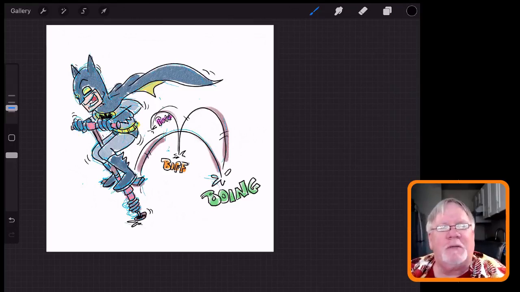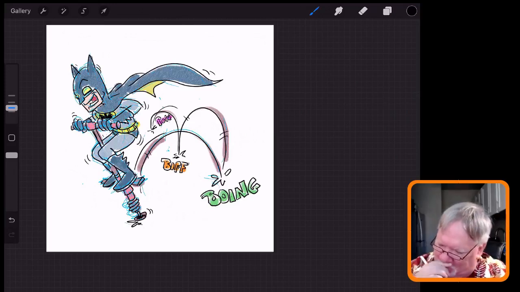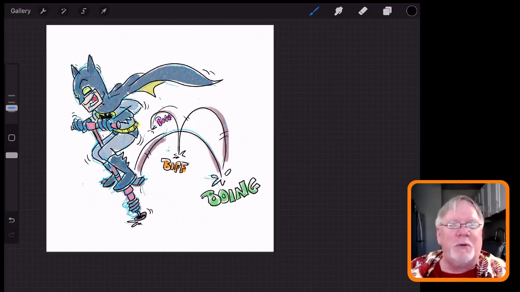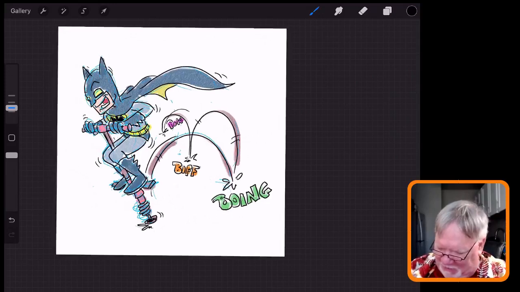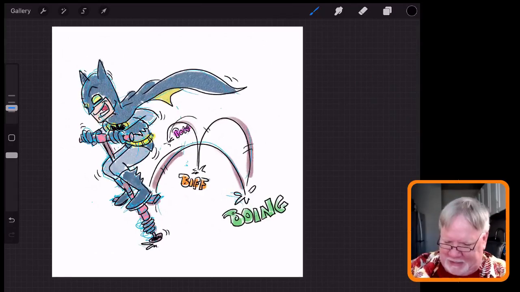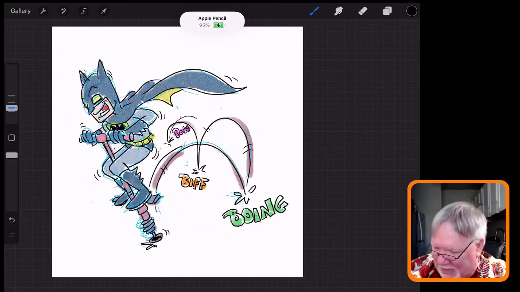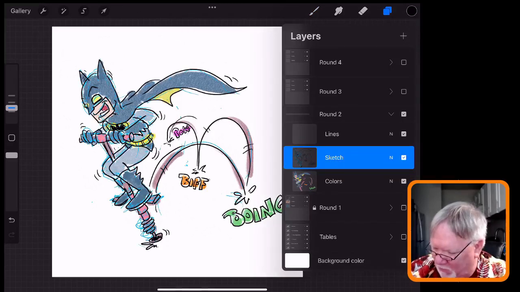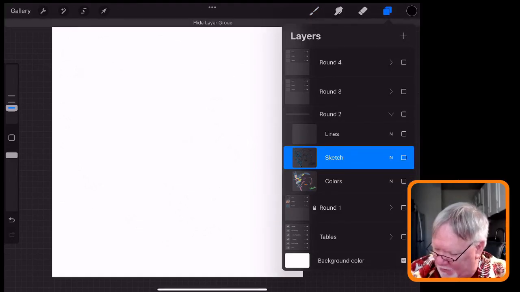If you had asked me what I was going to be drawing today when I got up this morning, Batman on a pogo stick would not have been in my first 10 answers. That's the beauty of the random dice. All right, so we've had Batman on the pogo stick. We'll come back for Dale because he didn't see what we were working on before this. Before that, we did